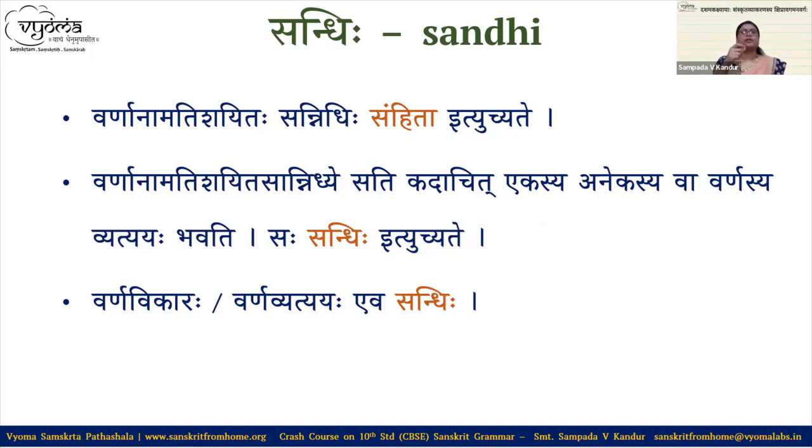So R plus A becomes Ra. M plus A becomes Ma. That's how the word Rama is formed. This is an independent word. So how is a word formed? By joining swara and vyanjana, right? Vowels and consonants come together and raise the sound, and like this words are formed.